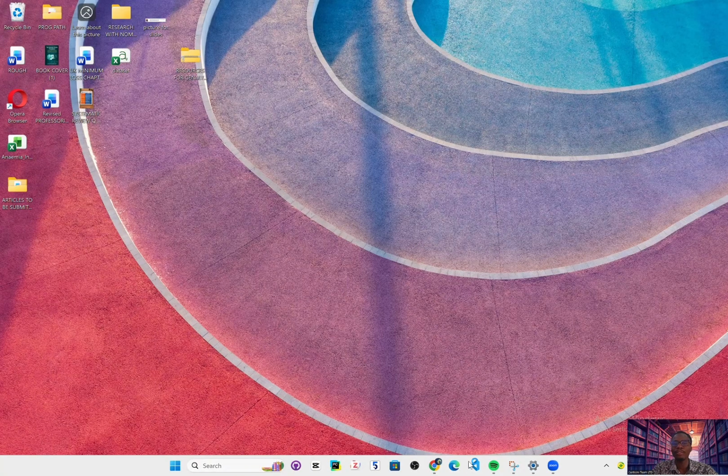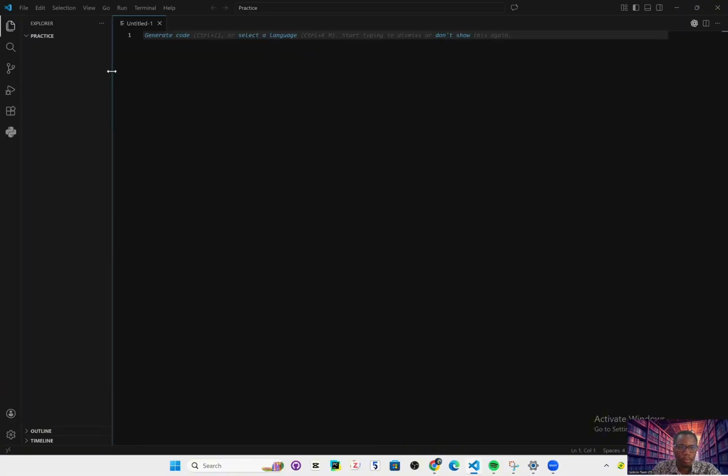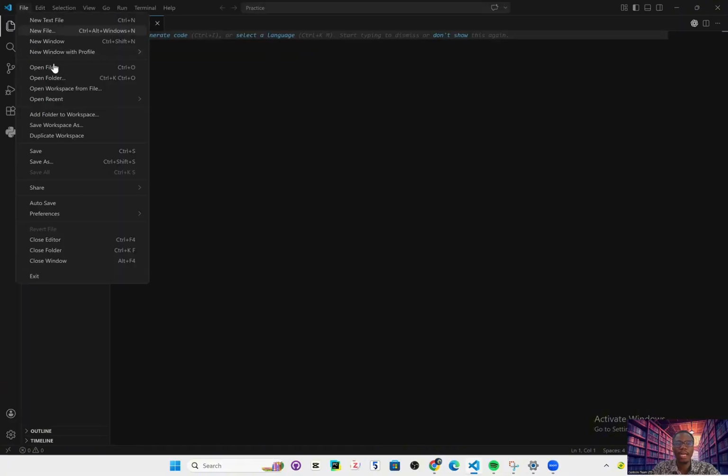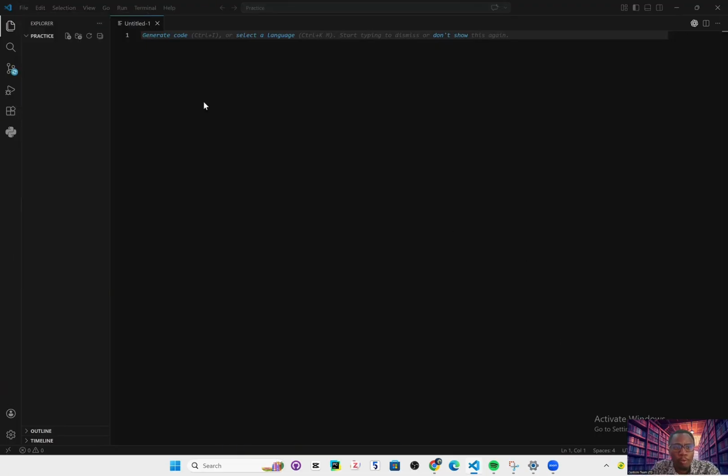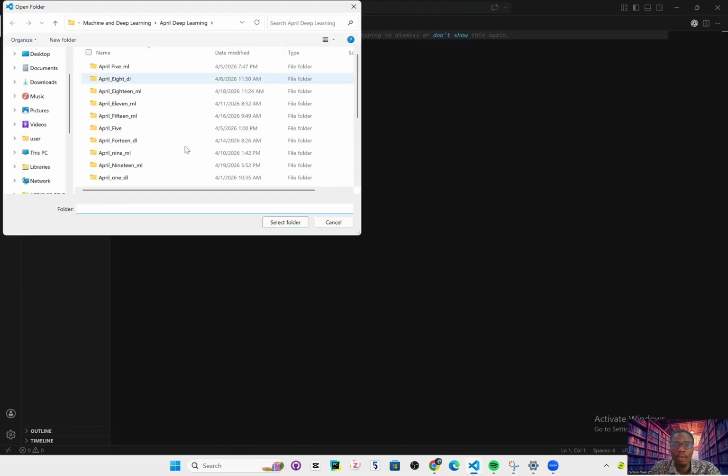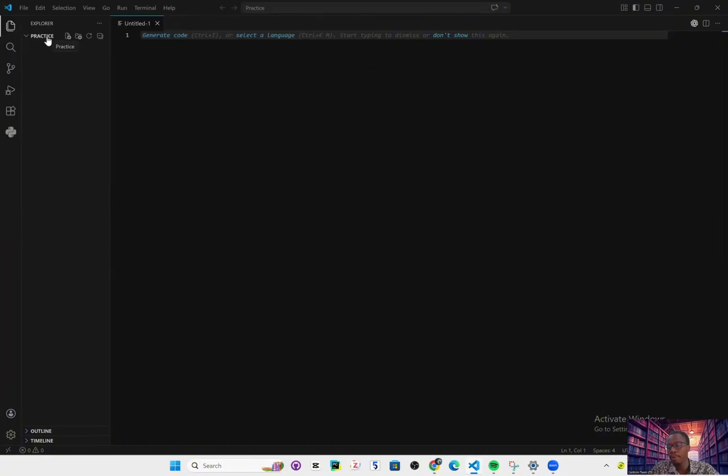I'm going to open my VS Code, and I already created a folder. But if you have a blank sheet and you're creating yours, you could just go to open folder, and then you can create any folder of your choice. And that's definitely going to work. But I already have mine, and I've created mine as the practice folder. And I'm going to just create a file. I'm going to call this file Anaemia